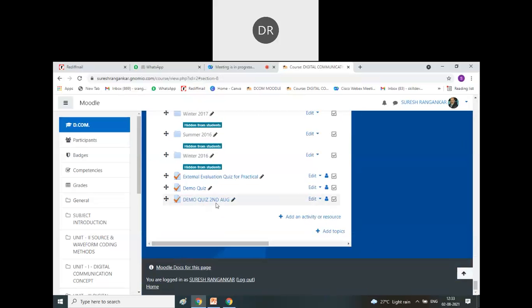But the description, what the quiz is about, if you want to explain to the student, then you have to write down in the description of the quiz and click on the display. So first of all, we have created now the quiz. Okay. So this is the first step. Now how to frame the question. Now the next is we have to frame the question.